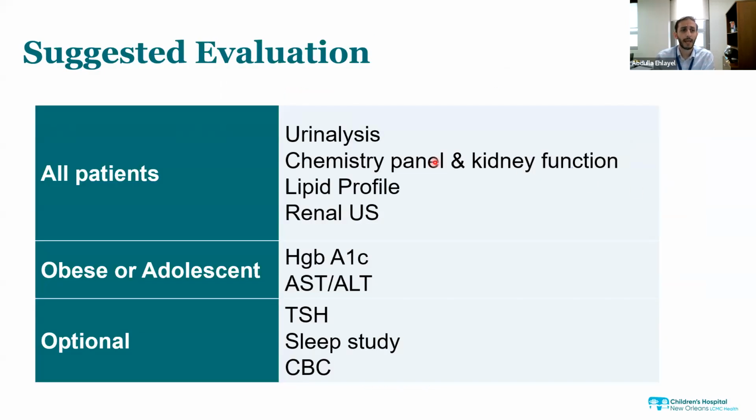All right, so what do we usually get for patients? In general, any patient that comes with hypertension, you check with auscultation. If you confirm the blood pressure is high with auscultation, you check at 3 separate visits. If you confirm they have hypertension, then you do some evaluation. In all patients, we recommend a chemistry panel, serum electrolytes, and kidney function. We do a urinalysis, and most of the time a lipid profile and renal ultrasound.